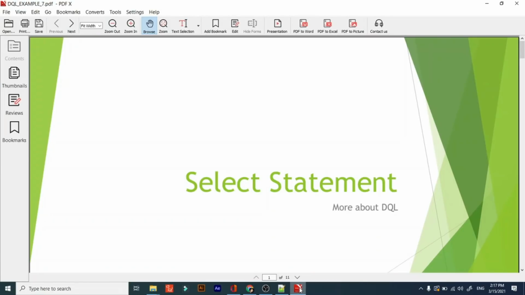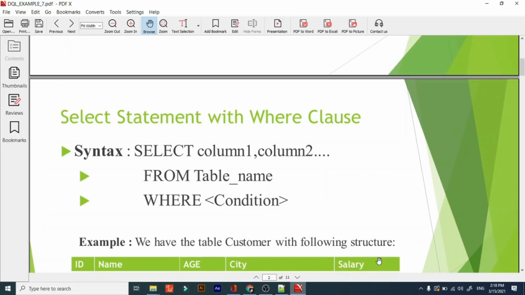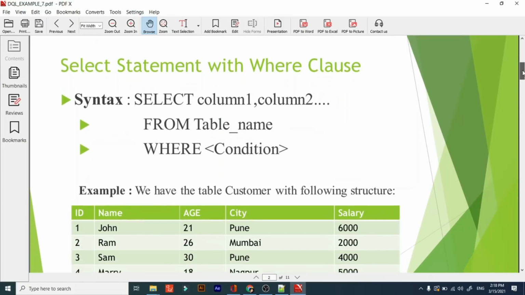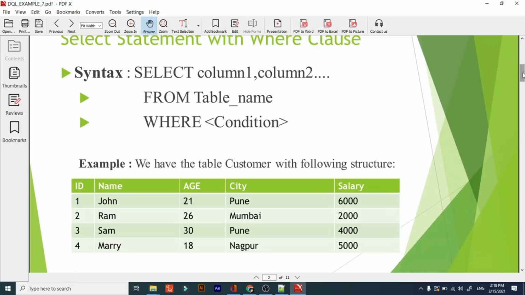First we will go with the select statement. Select statement is a DDL statement. In a select statement, select column 1, column 2 from table where condition. For this exercise, we will take these records.